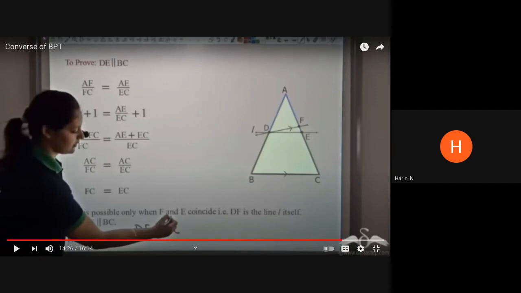So that was the converse of the BPT. I'll stop the share and come back quickly and give a recap of what she has tried to explain to you. The proof is definitely available in the video, so you can write it down as it is in your classwork. Now I'll once again quickly tell you what she has been trying to explain. I'll stop the share here and come back to my original screen.